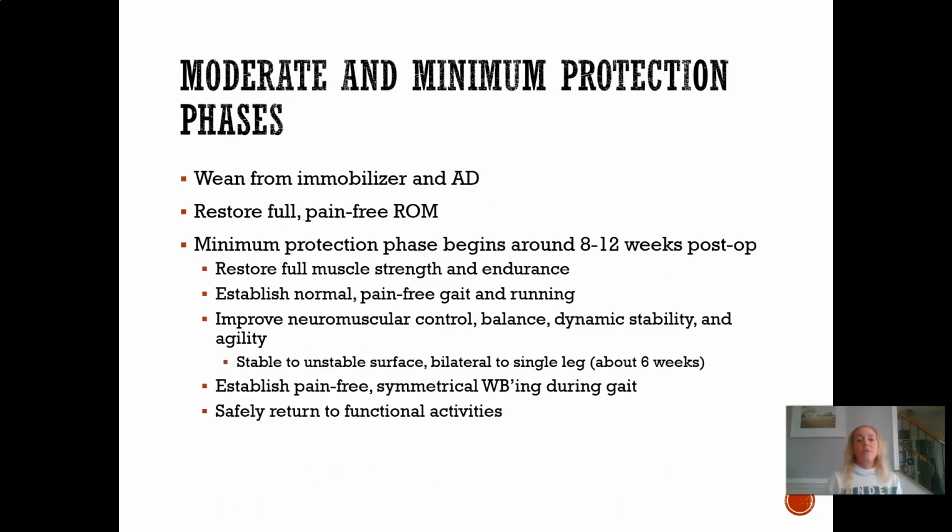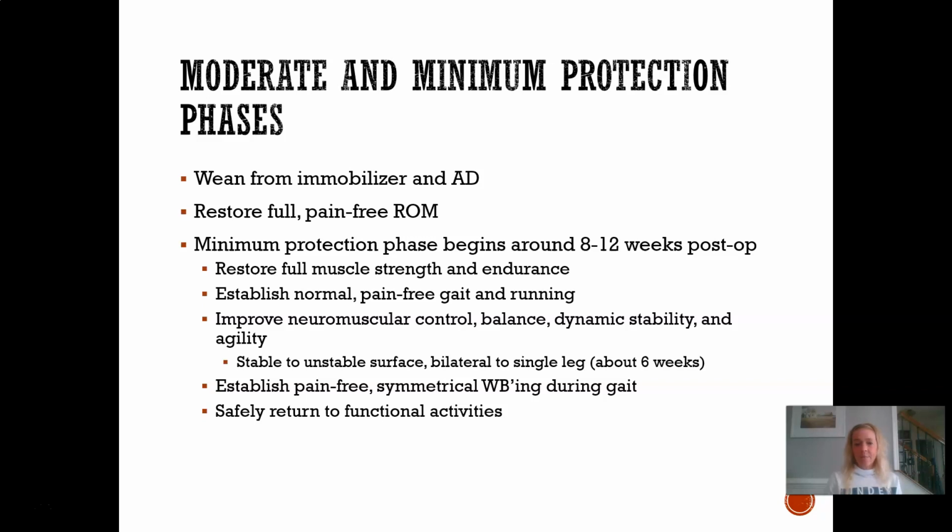As we move into the moderate and minimum protection phases, we'll wean from the immobilizer and off of the assistive devices. We are trying to restore full pain-free range of motion. Minimum protection is usually going to begin somewhere around 8 to 12 weeks post-op. And by this return to function phase, we are hoping to have full muscle strength and endurance back in the lower leg and ankle, pain-free gait and running, improving neuromuscular control, balance, dynamic stability, agility, so all sorts of balance